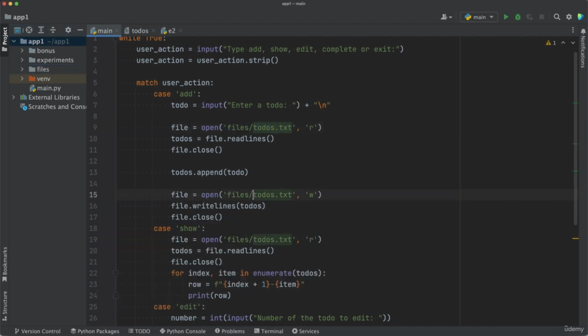You see, it changed from todos.txt to files/todos.txt. So all the file paths changed to that. So that was done automatically by PyCharm. If PyCharm didn't do that, we would have to write this manually, files/todos.txt, because otherwise, if this was just todos.txt and this as well, and the other ones also,